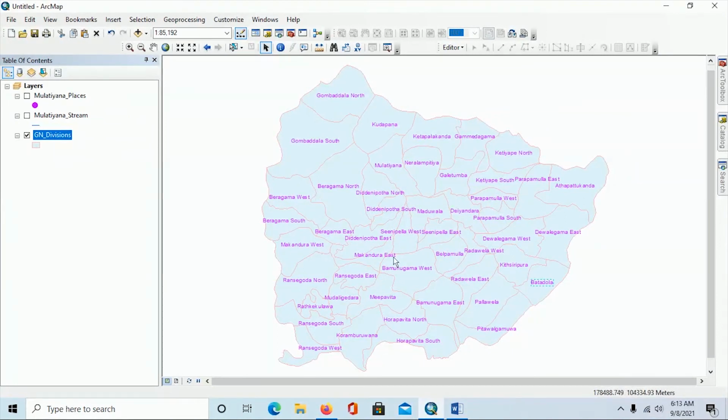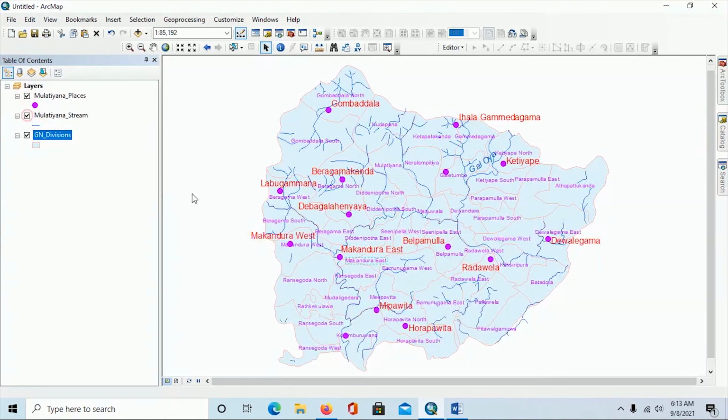Selecting, I need to change this a little bit inside. Opening this layer also we can change. It is better. This one should be up here. There is the stream also here. Likewise, you can do these changes using annotation